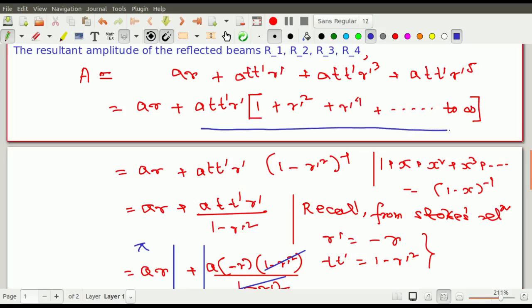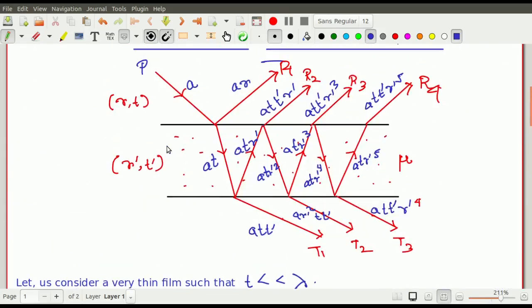এই গোটা জায়গাটা তুমি দেখো, what is the contribution from this entire region? From this entire region the contribution is minus AR, and from this region the contribution is how much? It is AR, and that is why the things get 0. সেই জন্য গোটা জিনিসটা 0 হয়ে গেছে। AR কোন বিমটা? AR is my first beam which suffers a sudden phase change। এই বিমটার মধ্যে একটা sudden phase change of pi আছে, বাকি কারোর মধ্যে কিন্তু নেই। তার মানে বাকি সবাই all these togetherly have an amplitude of AR।